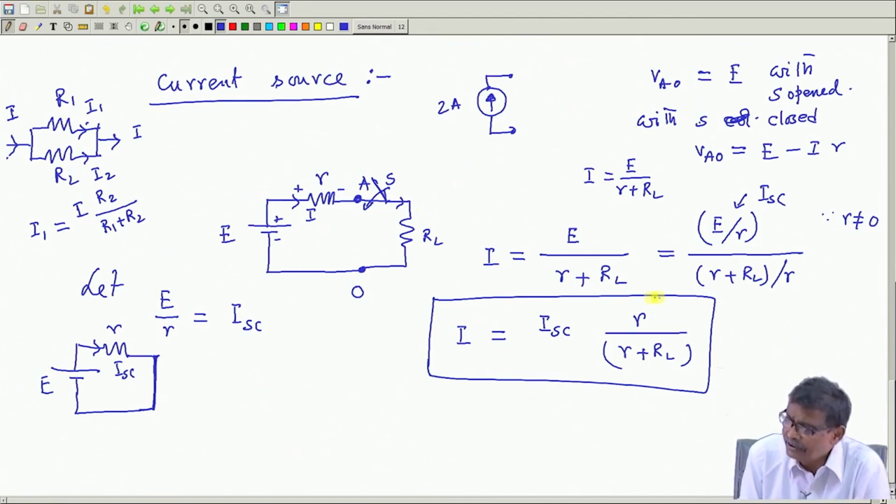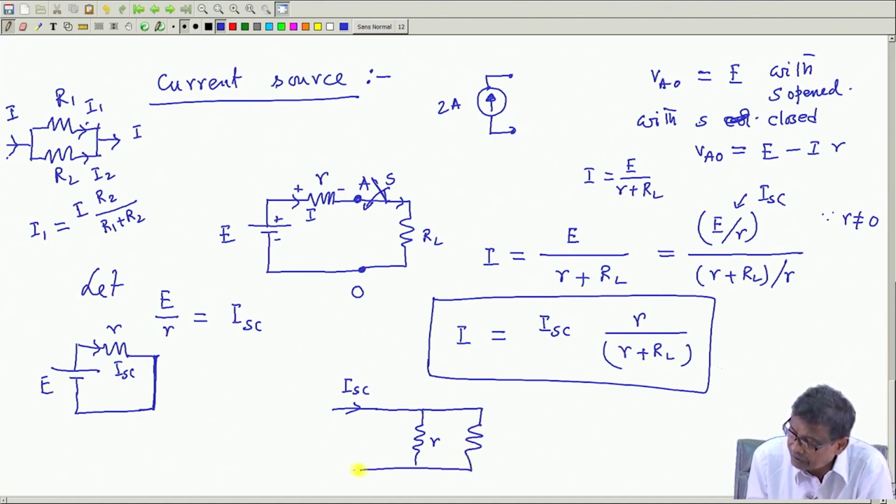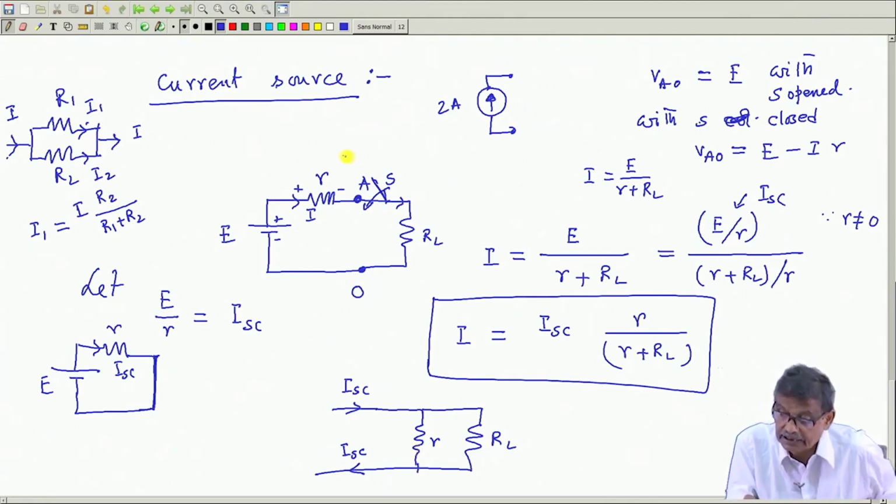That is okay, that is fine, you divide by small r, then you get this expression and you say that okay, then I think of this formula and say that okay, ISC is coming, then there are two resistances in parallel, R into RL, and in this branch this current is ISC, is not? So, to find out the current flowing through RL in this circuit,